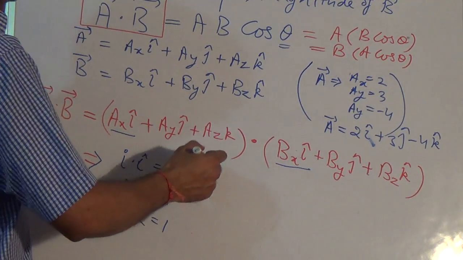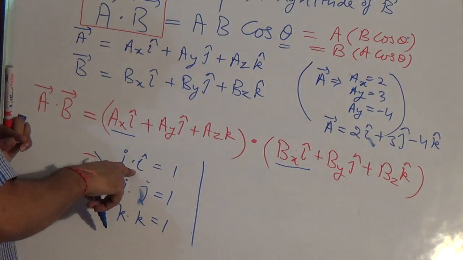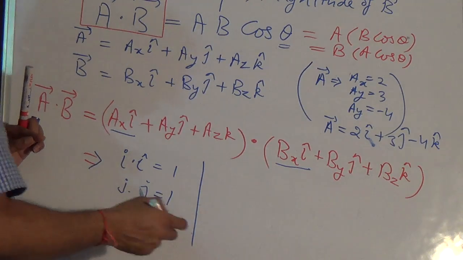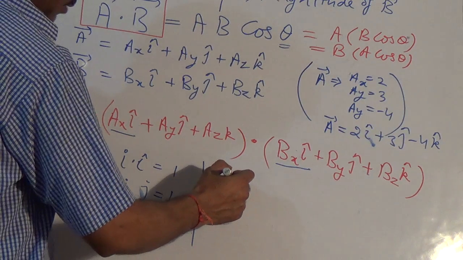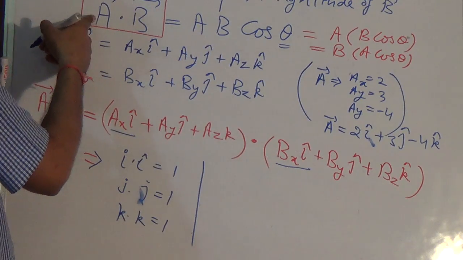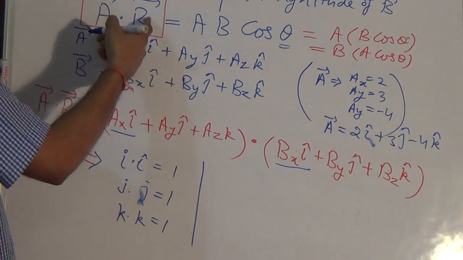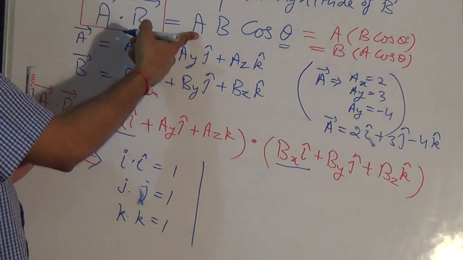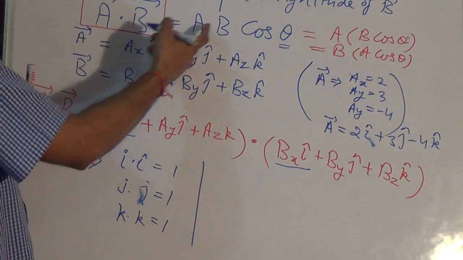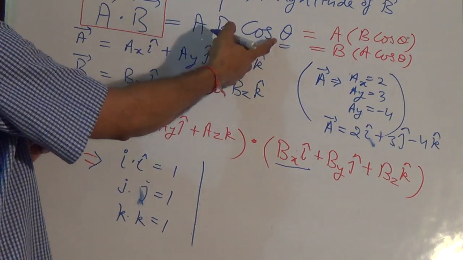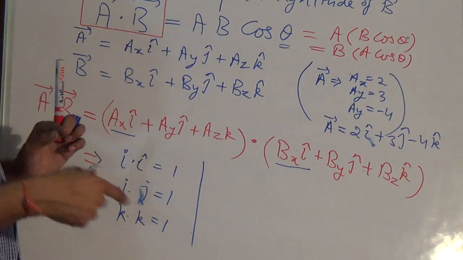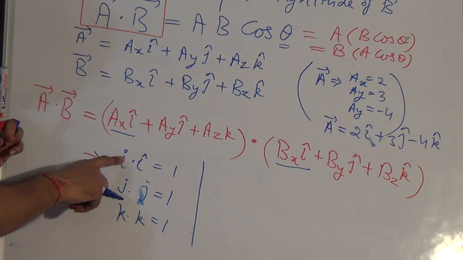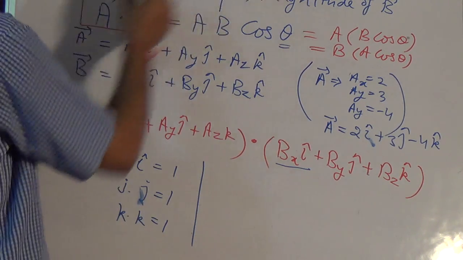Why? Because the magnitude of two same unit vectors is equal to 1. When I am putting the value of a, unit vector i, the magnitude of i will be 1, this will be 1, theta is equal to 0. So what we are getting, this is basically two parallel vectors. Why are these parallel? Because we have developed